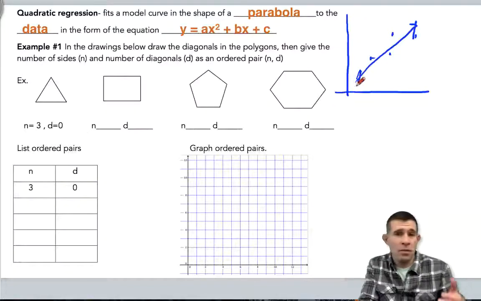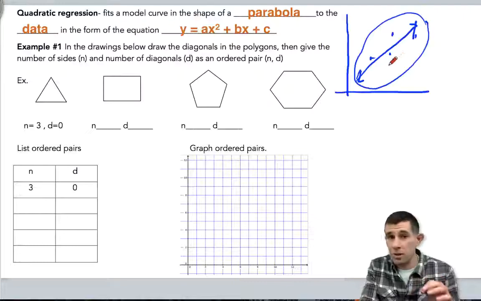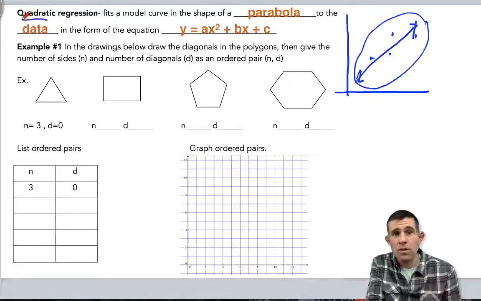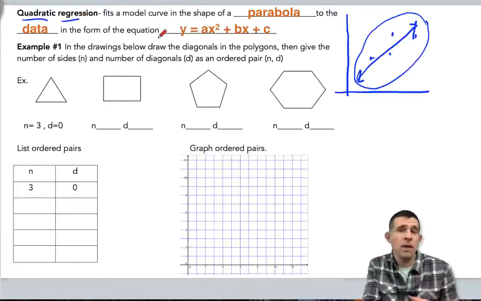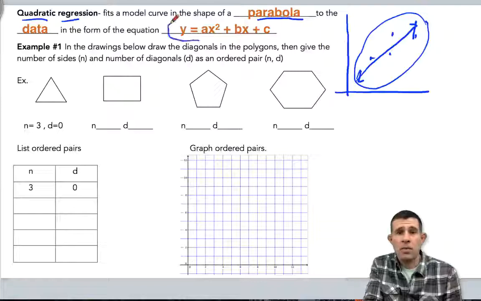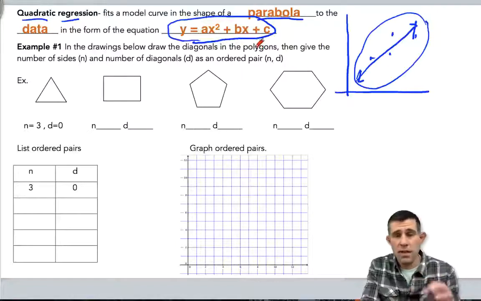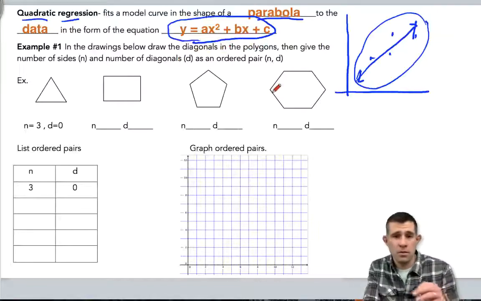And when we did that, we put that into our graphing calculator and we did a stats linear regression, and it came up with the equation for a line that models that data, and that was known as the regression line. Well, today we're going to do quadratic regression, which means we're going to model a set of data points. However, instead of a line, it's now going to form a parabola, and that parabola is going to take on the equation of a quadratic, which is y equals ax squared plus bx plus c. So let's take a look at a few examples and see how we can do this on our graphing calculator